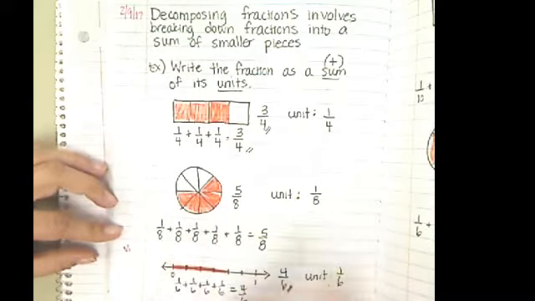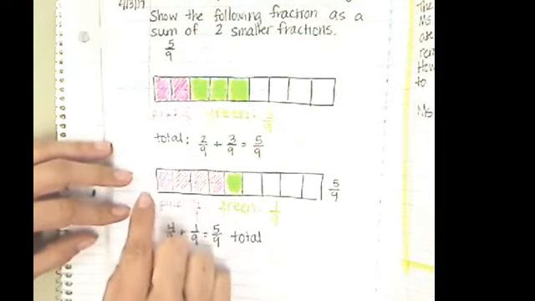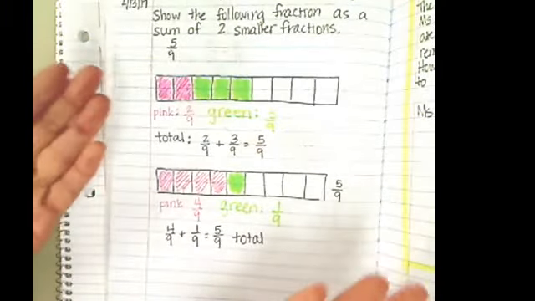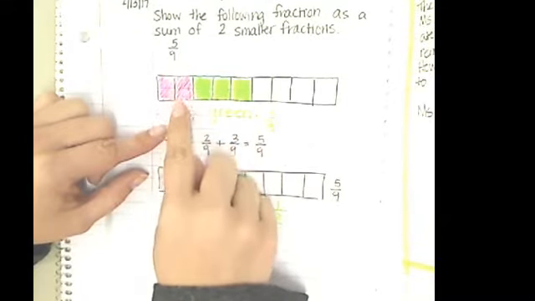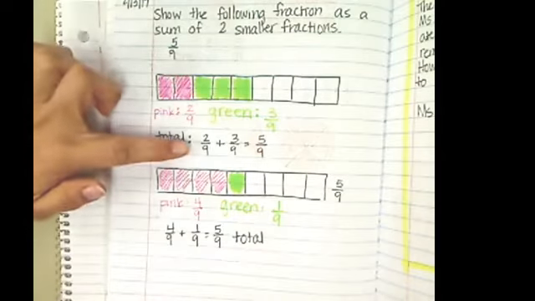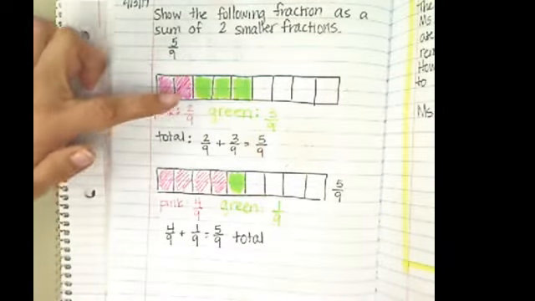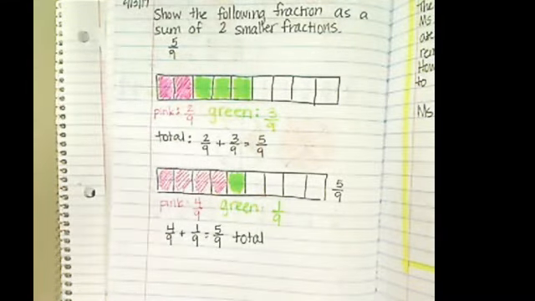And along the same lines, you can decompose them in other ways. So if you wanted to use different fractions, let's say we've got 5/9 here, we want to show it as a sum of smaller fractions. So 2/9, 2 of these, plus 3 of those, all together add up to be 5/9. And you should be able to show it in a picture form as well as using the addition problem. And I said finally, but there is one more